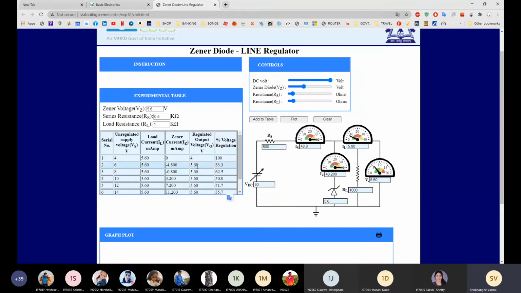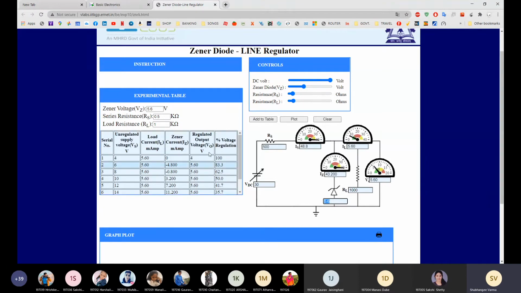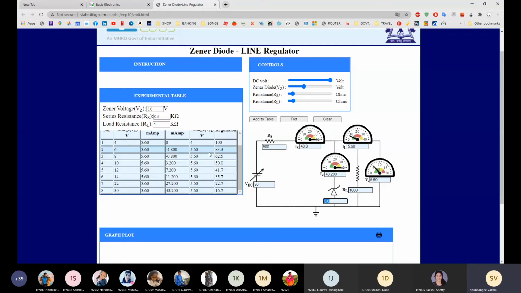So here you can see your output is remaining constant, 5.6 volt, equal to Vz, that is Zener voltage, because Zener voltage is parallel to your output voltage. Understood, everyone?